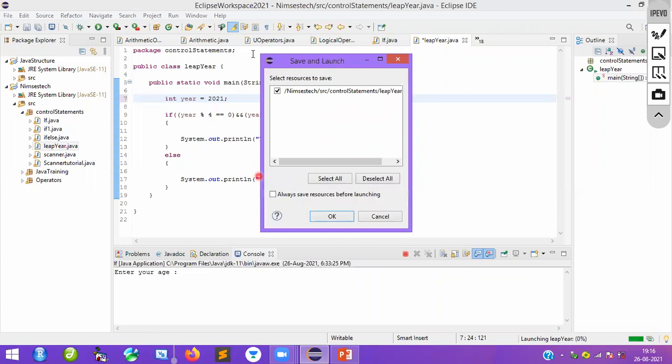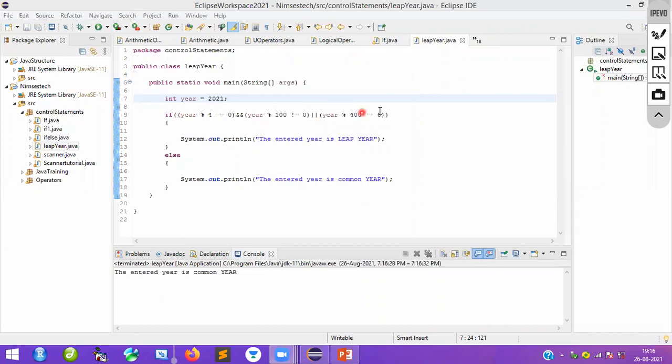Understood everyone? For every 4 years, basically we know that is why we are dividing by 4, because every 4 years you are going to get a leap year. That is the reason why. Okay, this condition indicates very clearly whether the year is a leap year or a common year. It will show you.